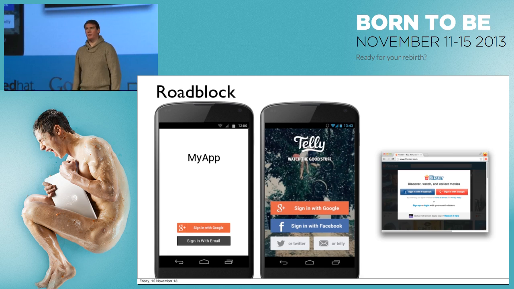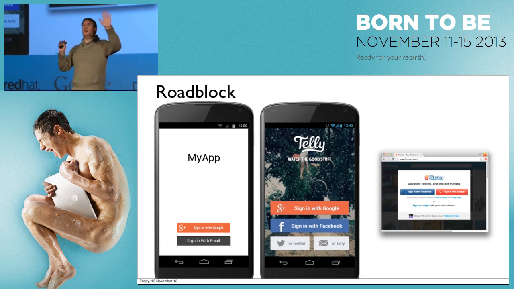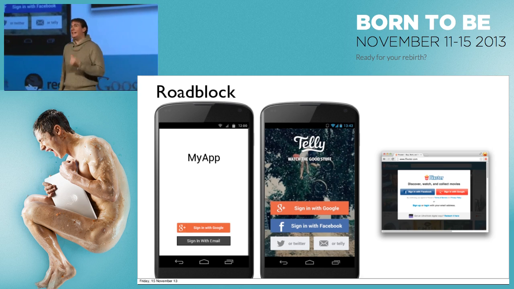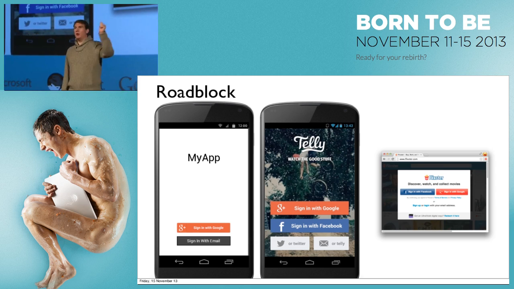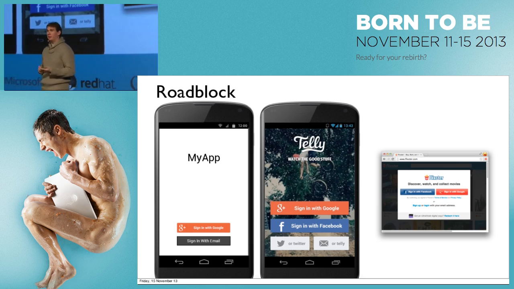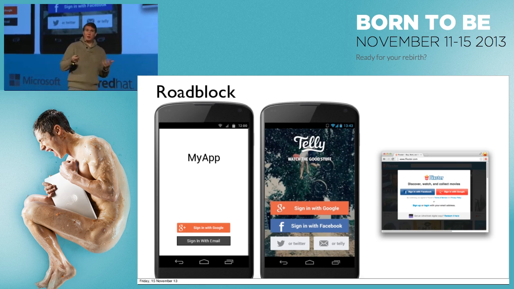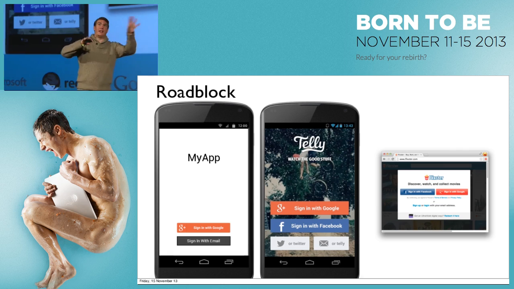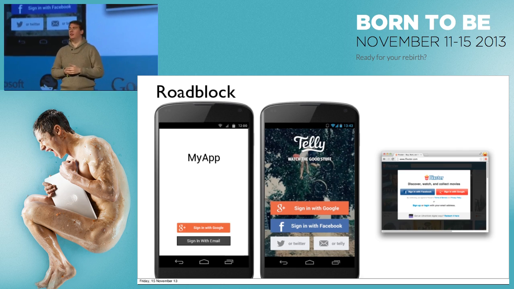Very, very common on mobile. Sure, most of you have seen this. You start the app, first thing it does is say sign in. This is really easy from a developer perspective. You don't have to care about a user who isn't signed in. There's no worries about it. You know who a user is always, and that's valuable. It's also fast. You don't have to code 2 different paths to care about anonymous and signed in users.